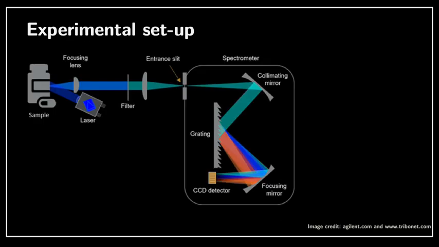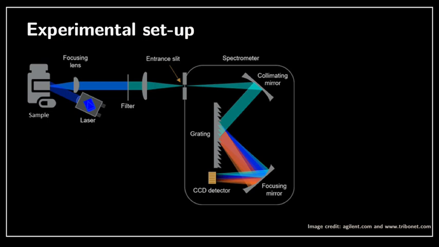So if you do Raman, you are going to use an experimental setup like this. It looks a little bit complicated, but it's actually not that complicated. We start from the left. So we have a laser. It's important. We will see why we need a laser, because it's a monochromatic light and coherent. We shine a laser on a sample. So it's here, looks like a chemical bottle here. Then there is scattered light that goes through a focusing lens,